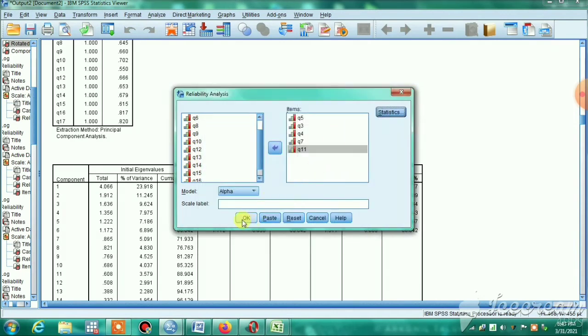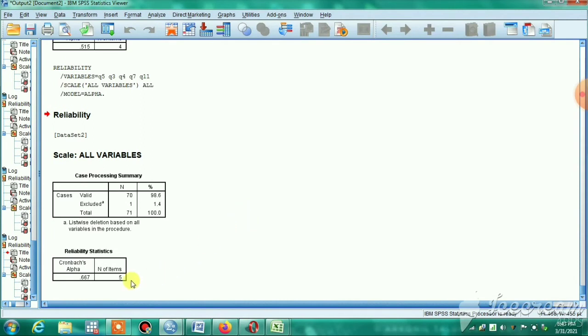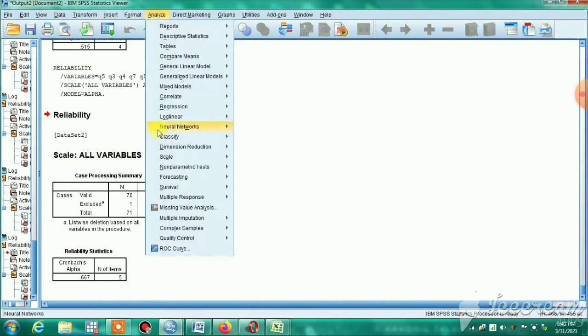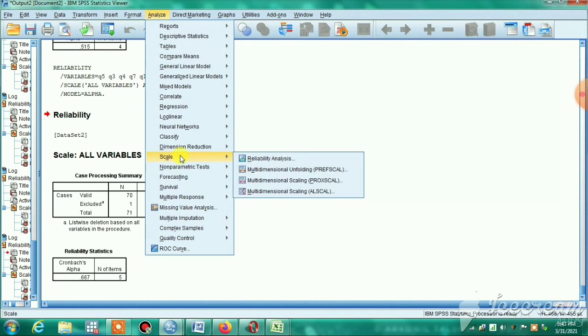The Cronbach value is 0.667. Now we can also check another thing: if we delete one item, what will be the value of Cronbach's alpha, that is, whether reliability increases or not.